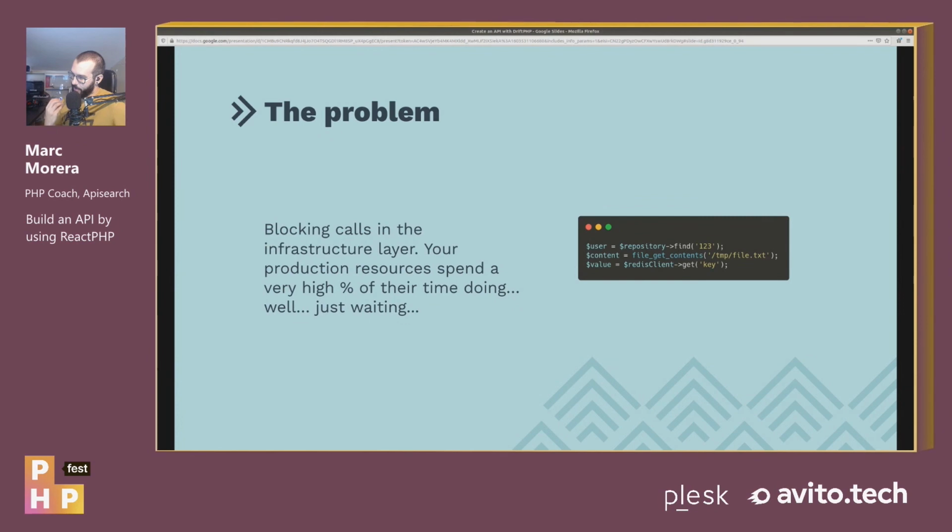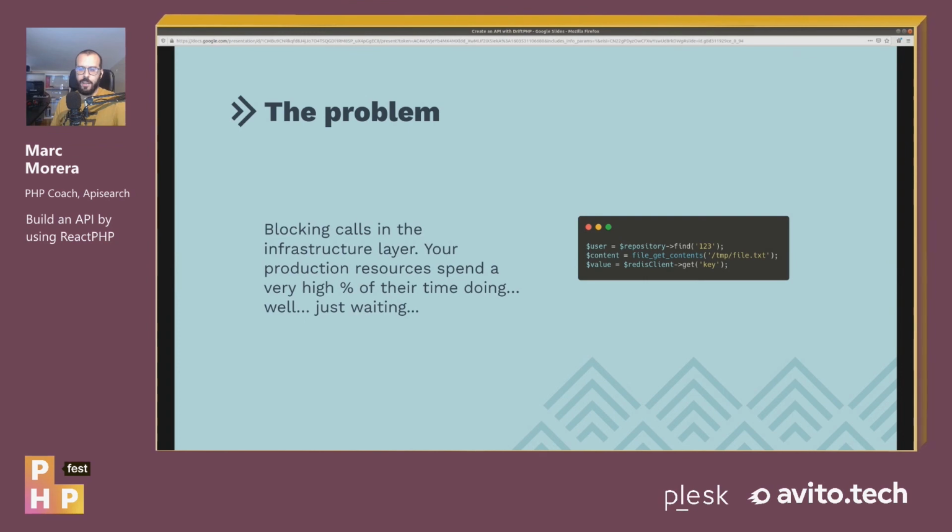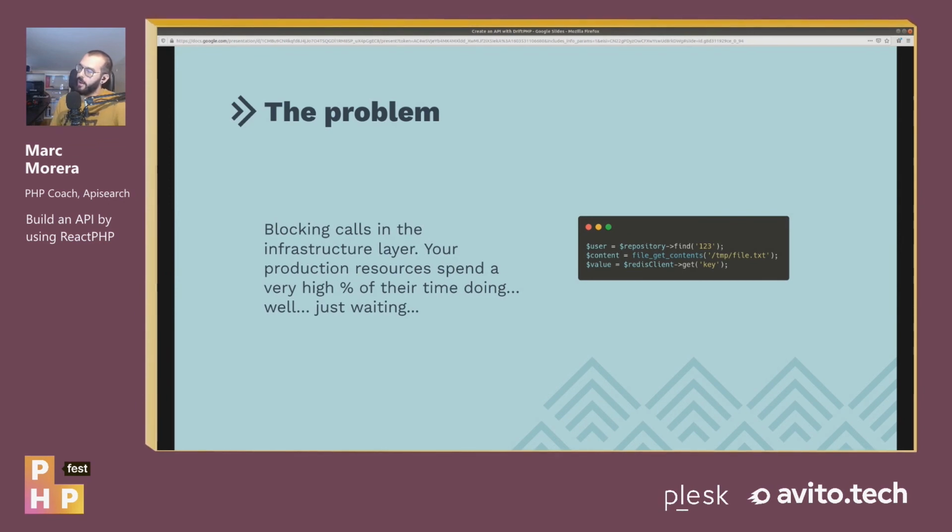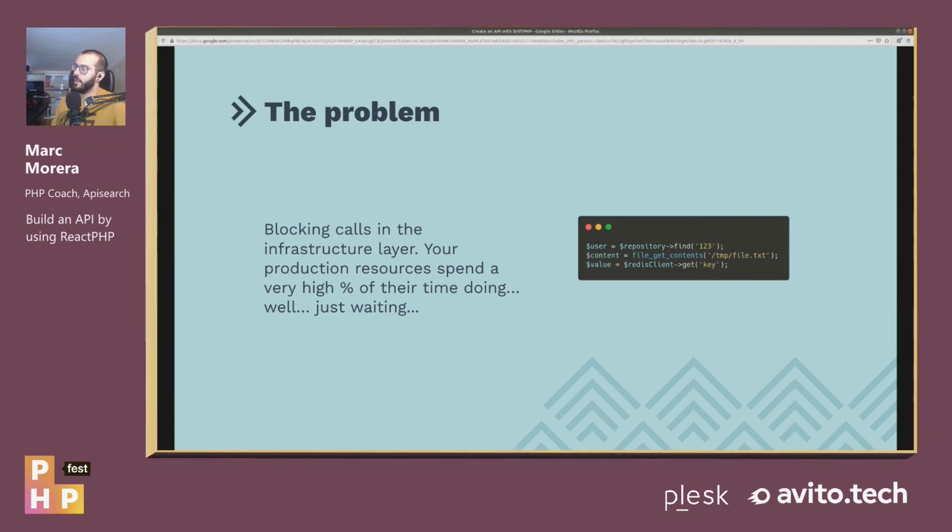So the real problem here about how we are actually working in PHP is that piece of code you're seeing here. It's really simple. We have three operations here. The first one is a repository where we are trying to find a user with the ID 123. The second one is a file system request. And the third one is something like the first one, but instead of going to MySQL, for example, we are actually going to Redis. So the problem here with those three lines is that instead, not